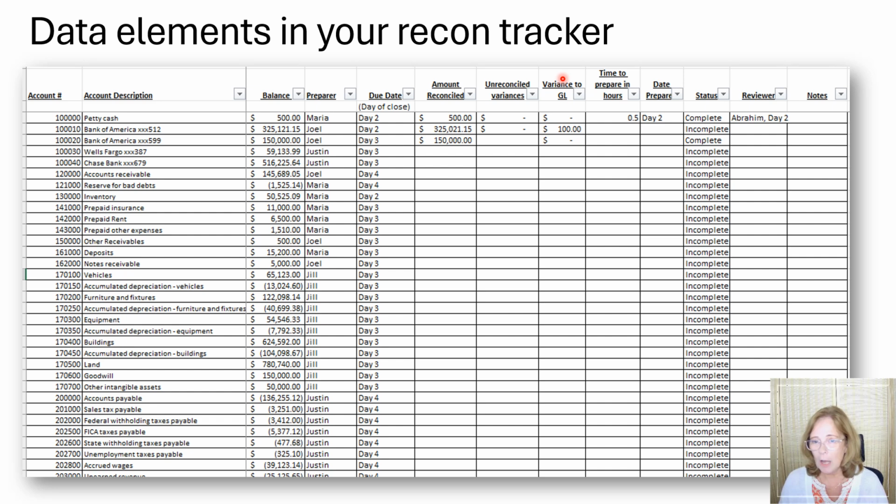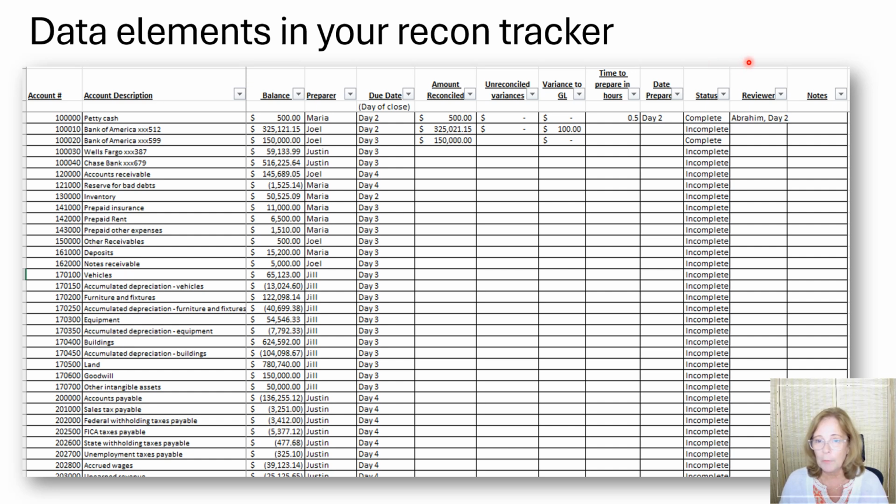I also have a column for time to prepare in hours. This is the time the preparer estimates it took to complete the reconciliation. The date prepared, the status of the reconciliation, whether complete or not, which is switched to completed once they believe the reconciliation to be complete and no further changes to occur.